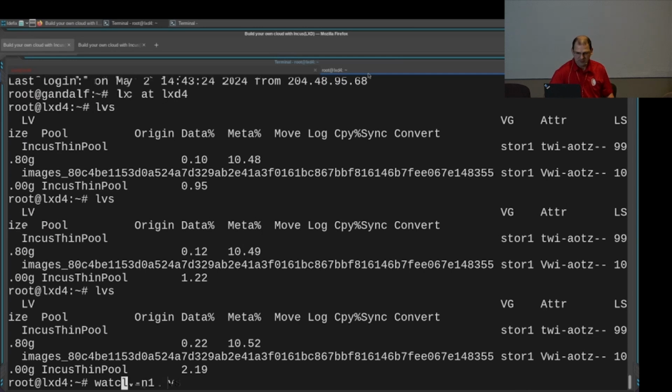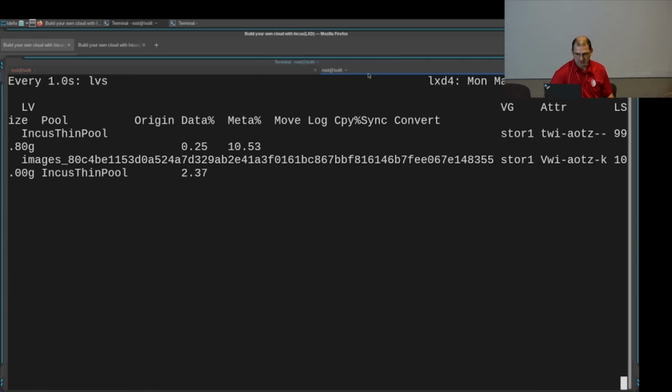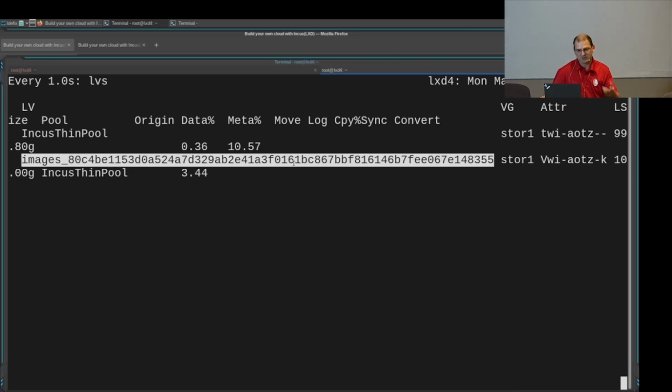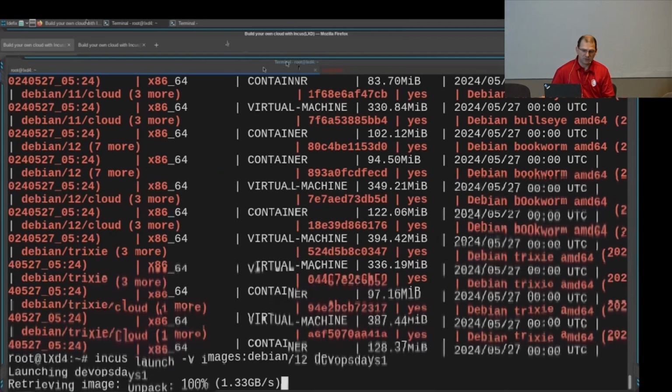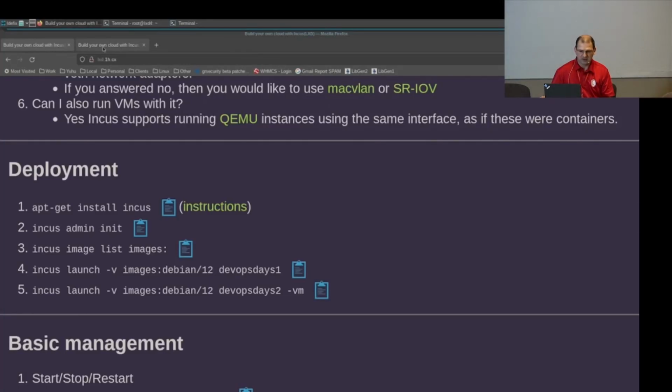At a certain point, we'll see the new volume. Yeah, it's being created right now when the image is extracting. So as soon as it finishes, it would do this. Okay, so while we wait, let's continue to the next thing, and usually the important things are how we would